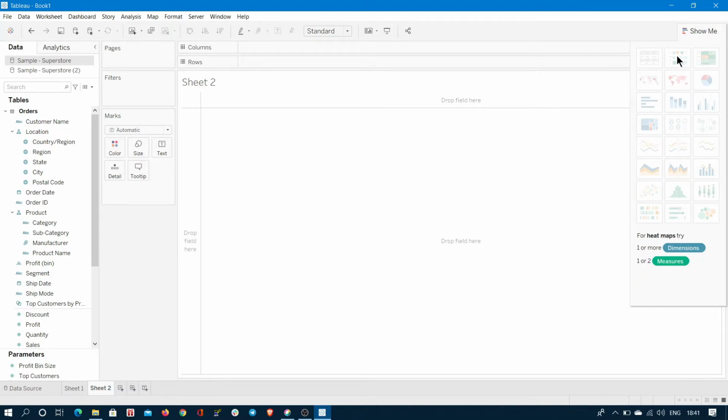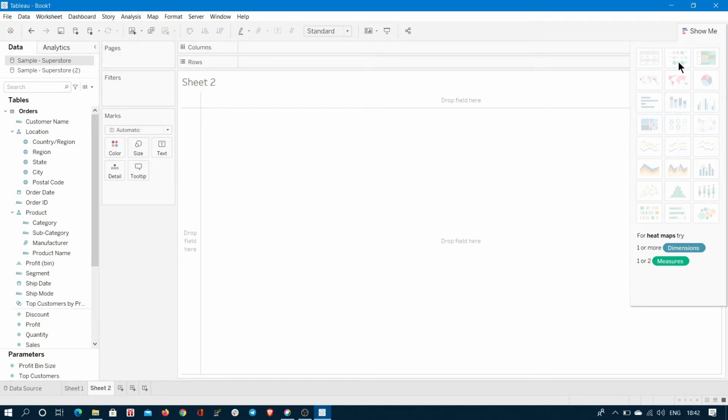The requirements of a heat map are one or more dimensions. We need to choose one or two measures only, maximum two measures, not more than two. Then only can we create this heat map. Let's start creating it. Previously, while creating the map in the previous video, we had one geolocation dimension. It's a mandatory thing. But while creating this heat map, we don't have that requirement. Only one or more dimensions and one or two measures.